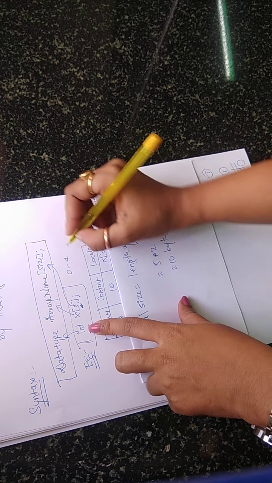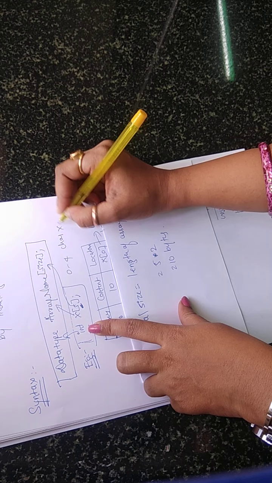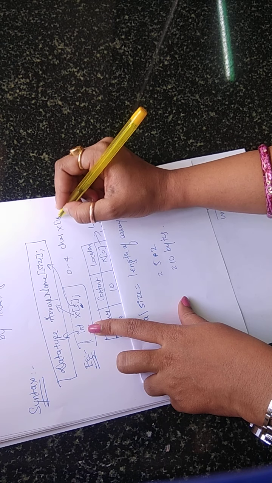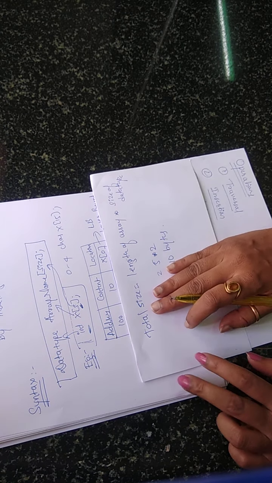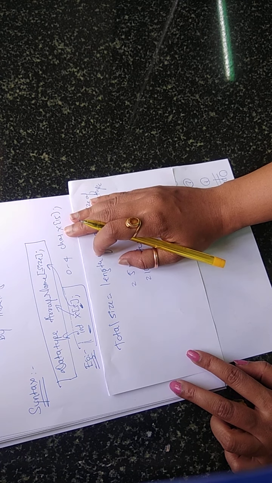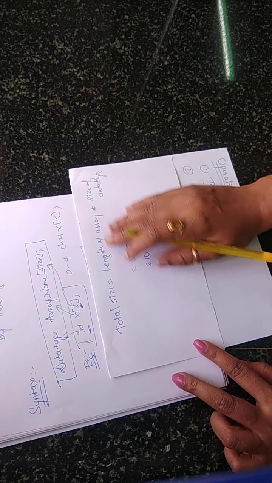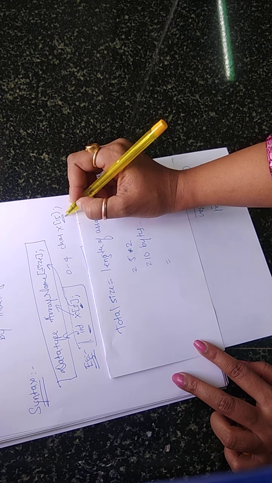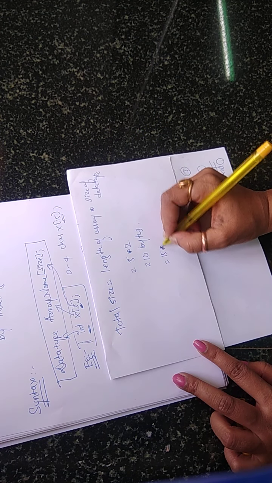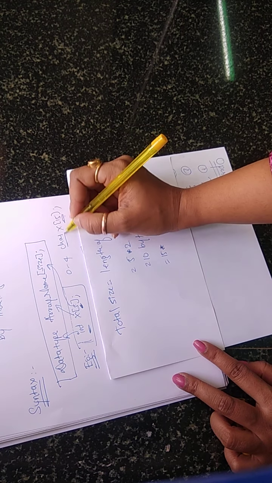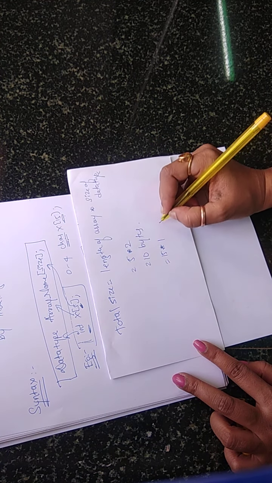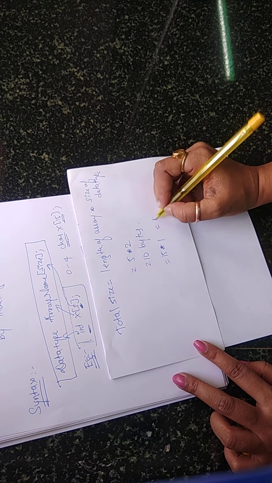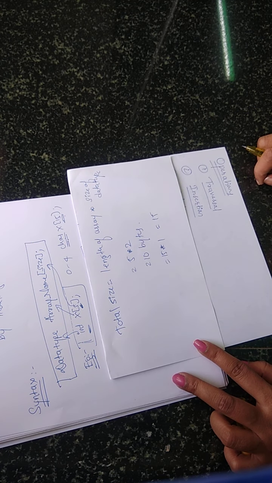Suppose I had written here char x of 15. So how can I find the total size of this array? What is the length of the array? The size of the array is 15, into size of the data type. What is the size of the data type? The data type is char, so its size is 1. So 15 into 1 is 15.